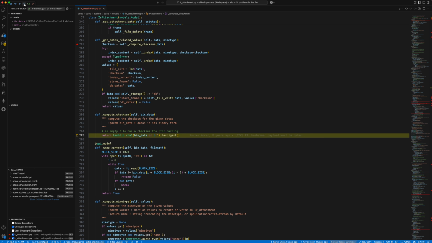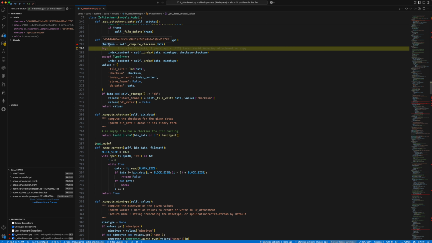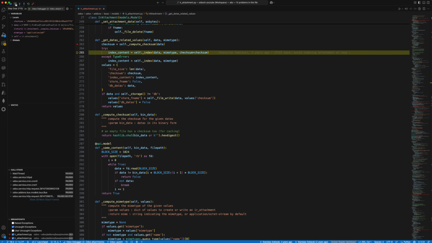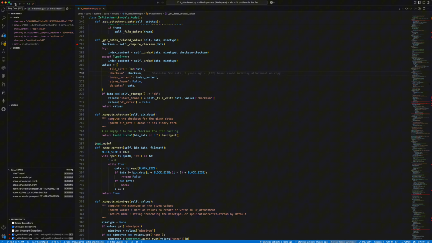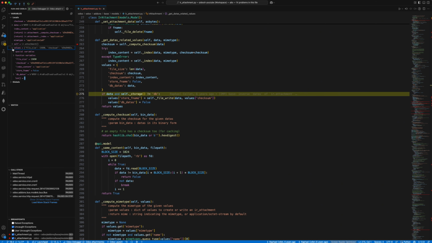right? So if we go now outside of this method and we continue, they compute this checksum, and you see the checksum is already D5 for D, etc., which is the second part of the path for the file store. Remember this value, right? So they already compute the checksum. They do something here, they update the values, right? So still values doesn't have it, so the store fname is still false because they are going to set it right